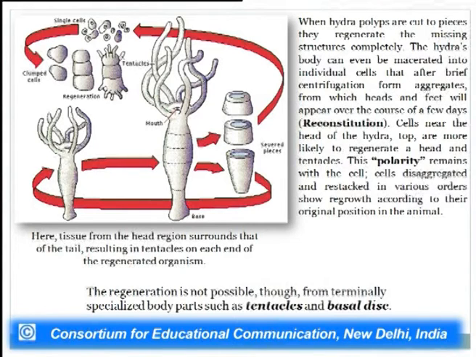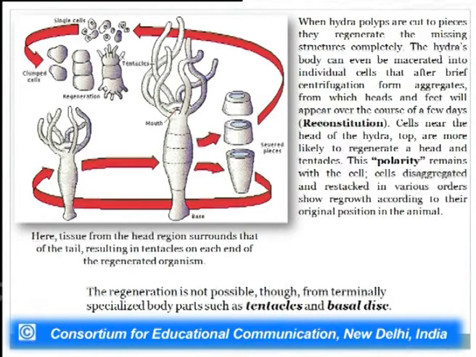The cells near the head of the Hydra are likely to regenerate a head and tentacles. This polarity remains within the cells. If the cells were near the head region, then they will develop the head part, and if the cells were from the tail region, they can develop the tail part. So this is a kind of polarity which is intrinsic in the cells, and they retain it. The cells, when disaggregated and restacked in various orders, show regrowth according to their original position in the animal. For example, here the tissue from the head region surrounds that of the tail, resulting in tentacles on each end